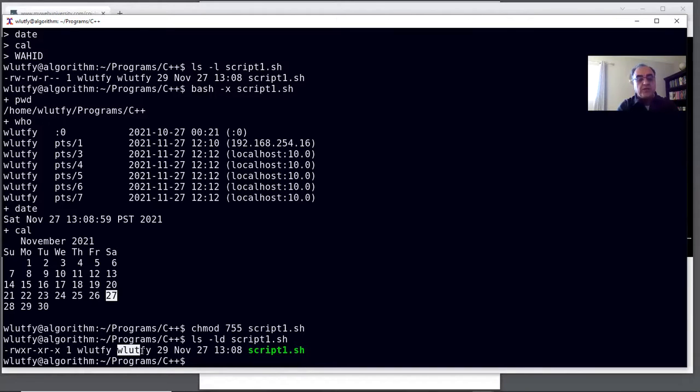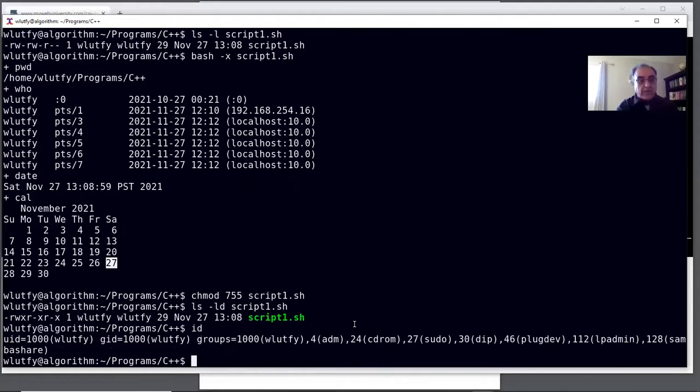In this case, owner and group is Lutfy, and then read and execute for other people, the rest of the world. So if I type in id, my user ID is Lutfy, my group ID is Lutfy. So I made the permission to say I can read and write from this file, and then